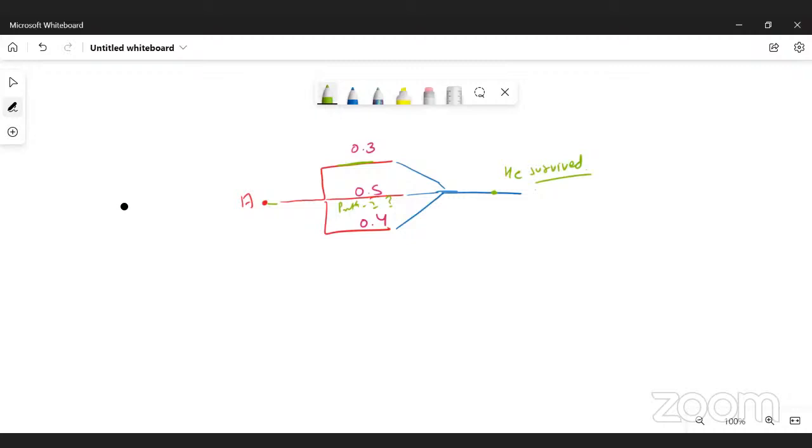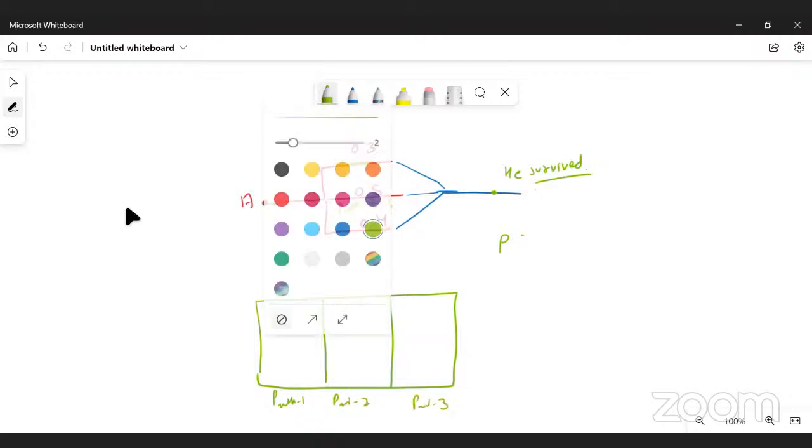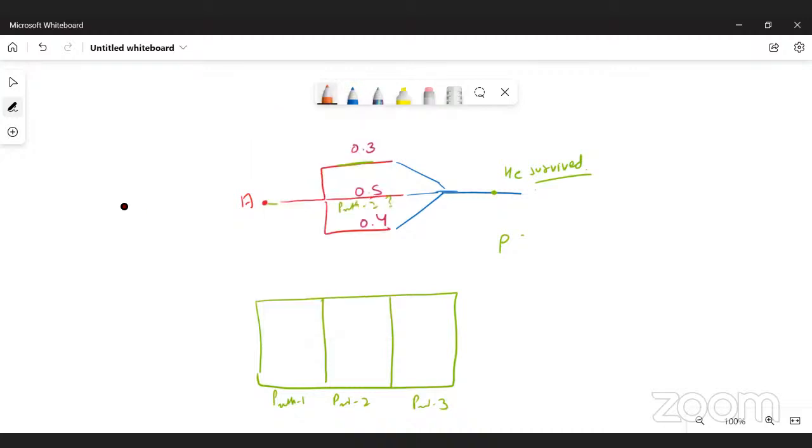And law of total probability is from the conditional probability only. Just it is generalized to all the settings of events, right? Means E1, E2, E3. So if you look at this example, suppose these are the 3 paths, right? I have knowledge about each of the paths, path 1, path 2, and path 3, right? And this circle tells me the event that he survived.